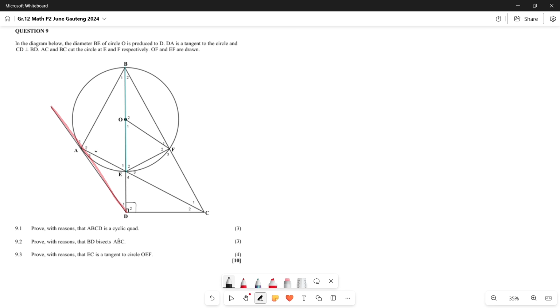They also then say AC and BC cut the circle at E and F respectively. OF and EF are drawn. So quite a lot of information, but the highlighted lines over here and the angle that's been given are usually what we're going to start our question with. Because 9.1 here says prove with reasons that A, B, C, D is a cyclic quad, which means that if we had a circle like this, all 4 points would be touching,